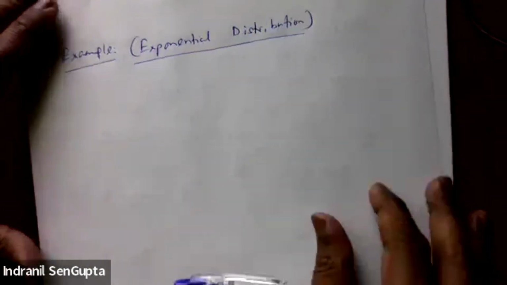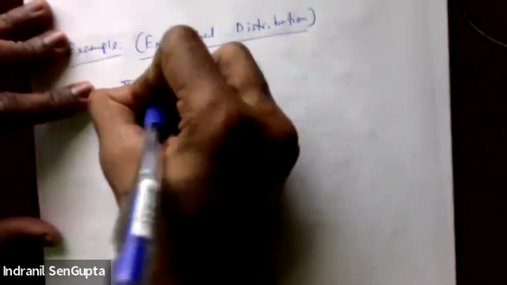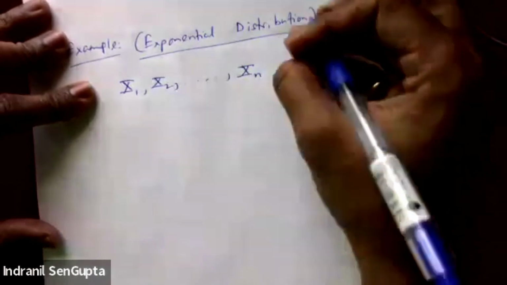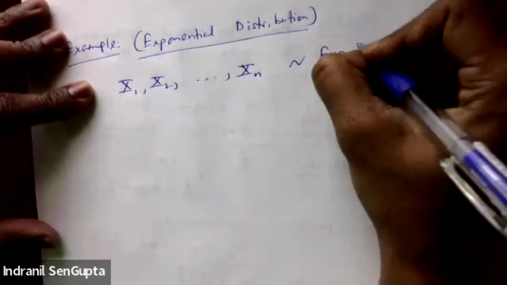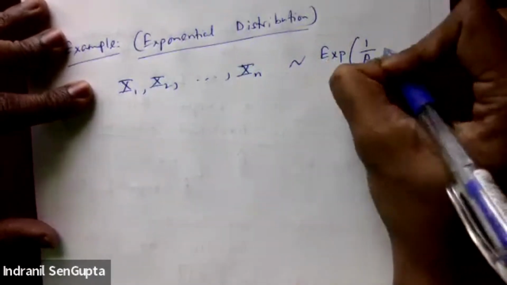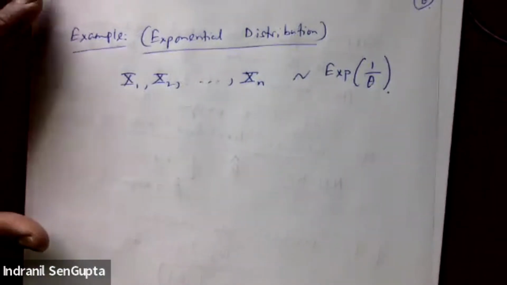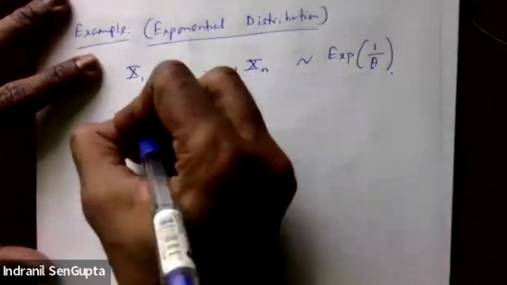Now, what do I mean by that? I mean that suppose that we have a sample x1, x2, all the way up to xn. They follow the exponential distribution, say with parameter 1 over theta. What does it mean? That means individually,